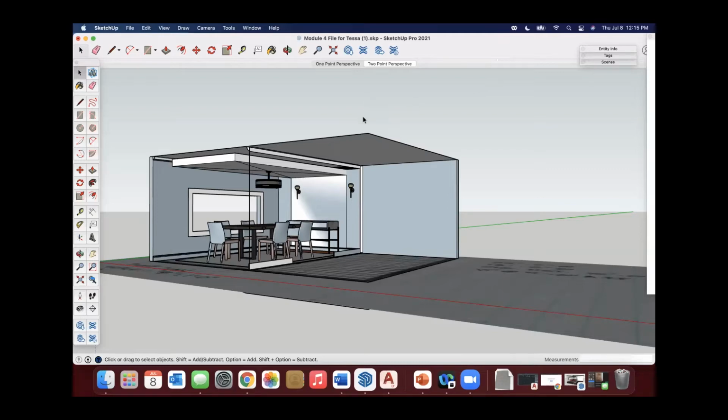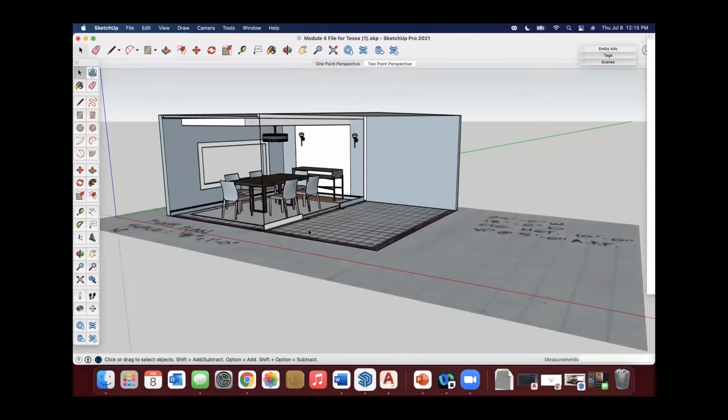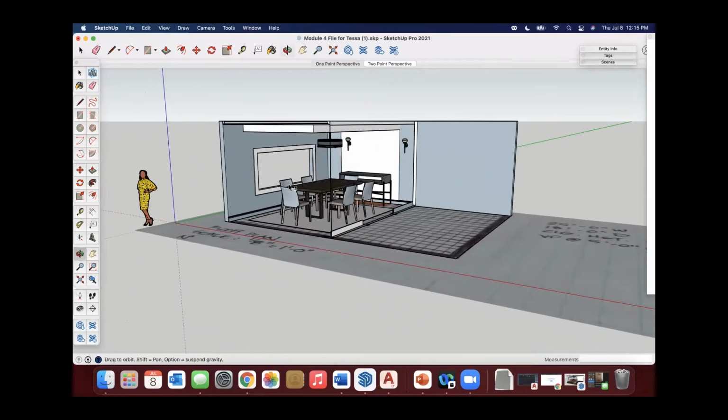In this video, we are going to learn how to use the paint bucket tool, how to apply patterns and textures, and how to apply materials you've created and or selected, as well as how to apply materials created in SketchUp. So a couple ways of doing this. We are going to use this dining room vignette that we've previously referenced in other videos.